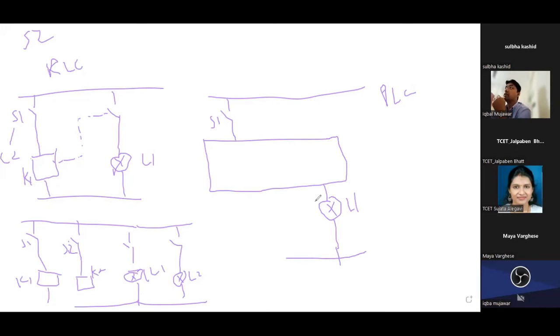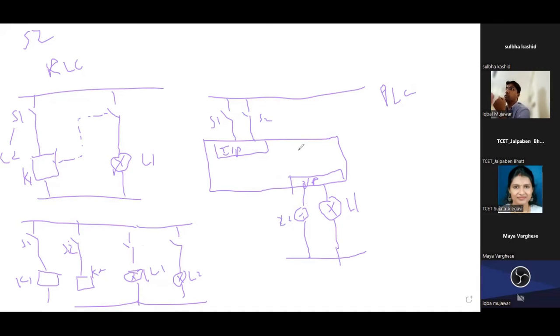But if I want to do the same thing in PLC, it is very easy. It is shown in the slide. It is an input element. Here input is written, and if I'm not wrong, here output was written in the diagram. We'll see afterward. These are the terminals, input module and output module. Then what I will do is just connect the S2 switch over here and connect one lamp over here, and my circuit diagram is completed in PLC, which is quite difficult in a relay-based circuit.